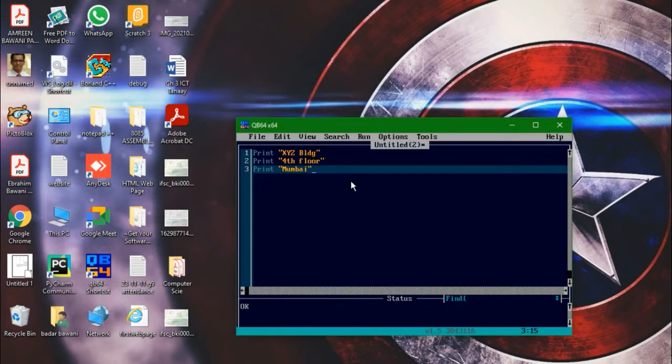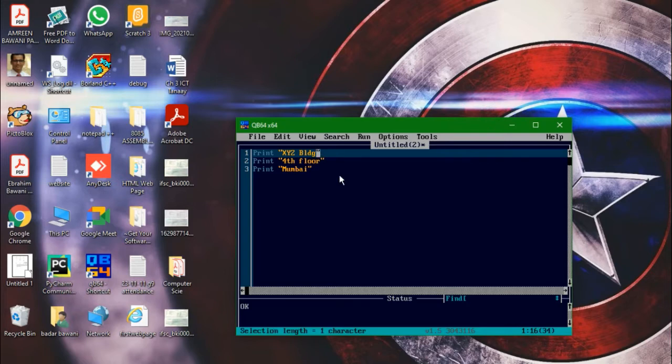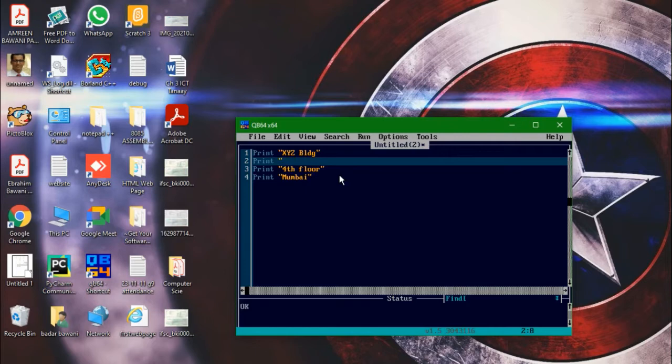Supposing that I also want to alter this and give spacing between each line. I will press enter, and there should be a one line space, or a blank line. So I will just write print and a double inverted comma, nothing else. I can give a space in between.